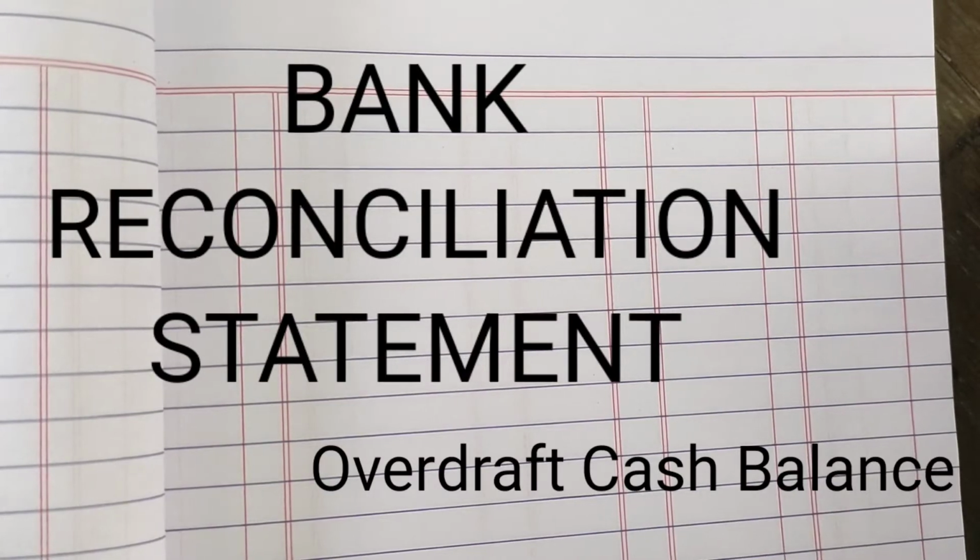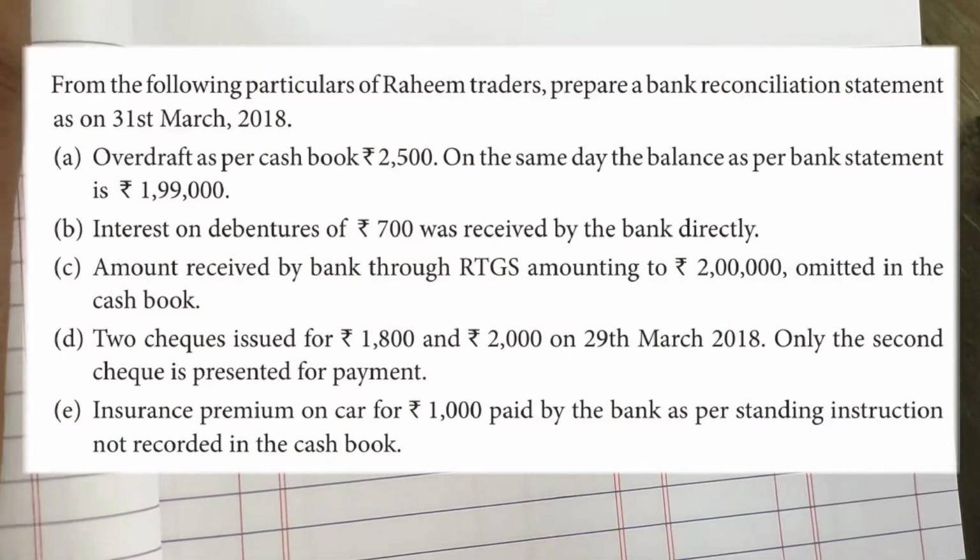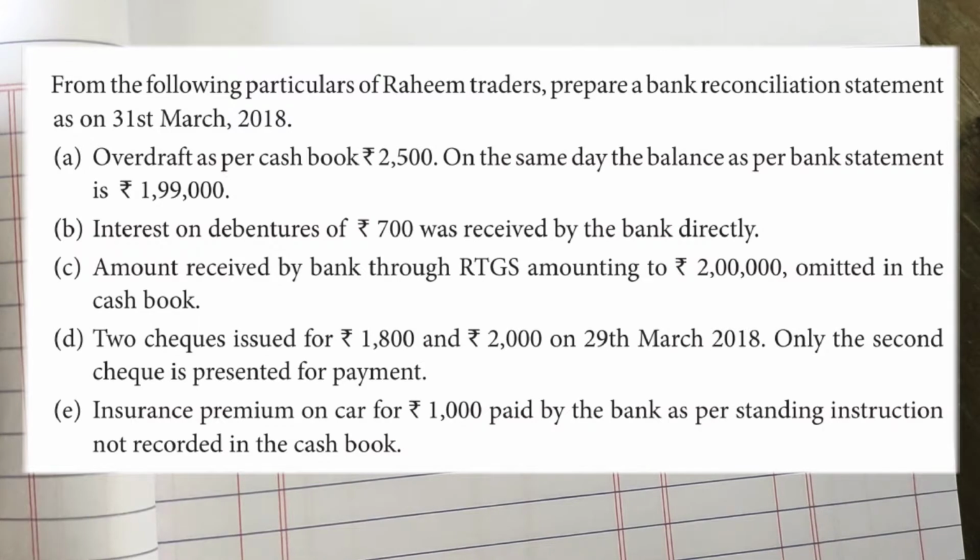Let's have a look at a bank reconciliation statement problem. This problem can be taken in two ways. The problem goes as: from the following particulars of Rahim Traders, prepare bank reconciliation statement as on 31st